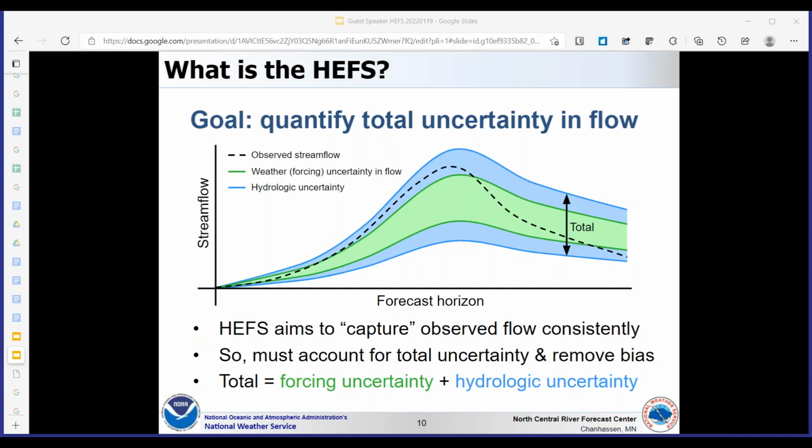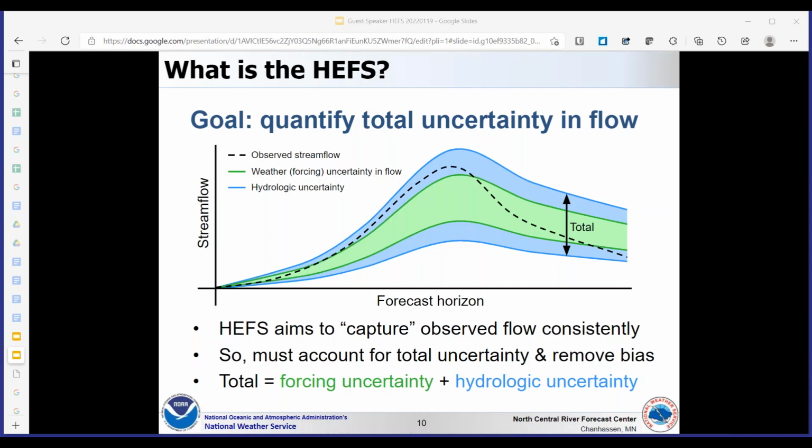The HEFS aims to quantify the total uncertainty in order to produce accurate forecast probabilities. As such, the HEFS includes separate components for modeling the weather forecasting uncertainties and the hydrologic modeling uncertainties.